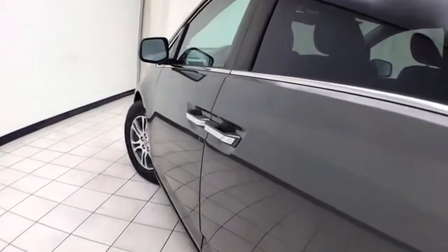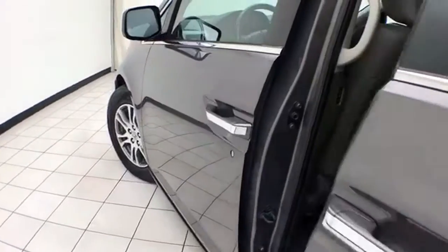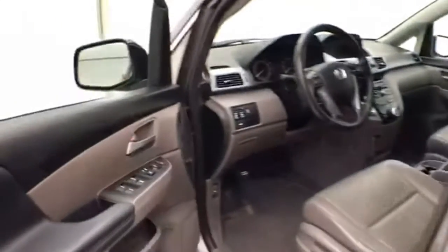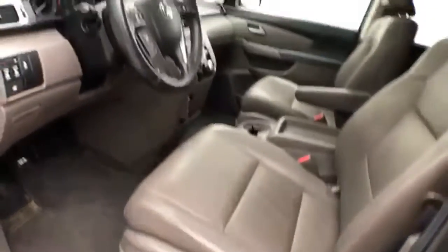Power sliding doors operate off the key fob or a simple pull of the handle. Rear heat and air controls to make sure everyone's comfortable. This EXL has keyless entry, power windows, locks, mirrors, power seat, moonroof,